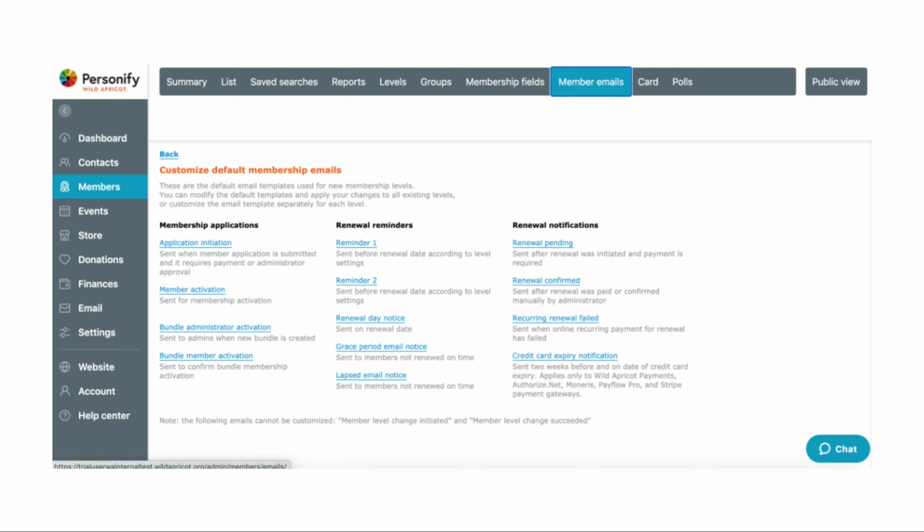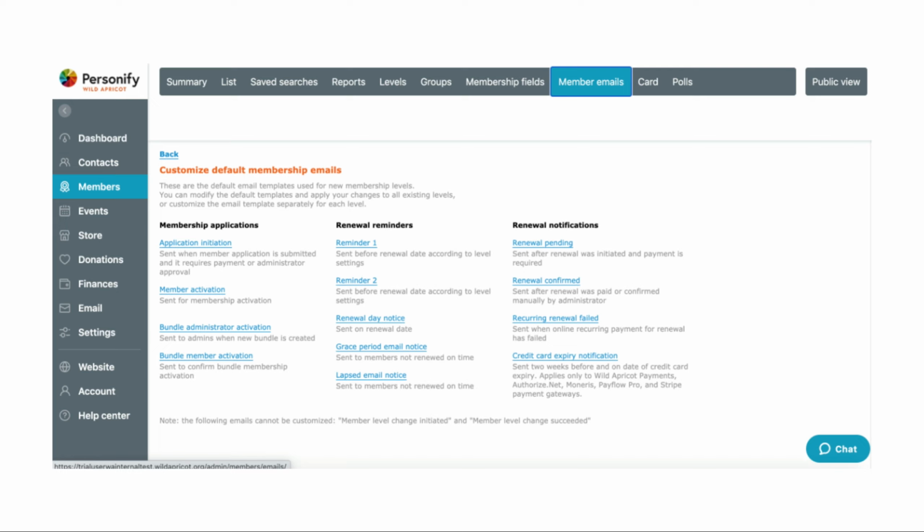We'll be heading into the Wild Apricot program in just a moment, but I wanted to give you an idea of what we'll be looking at. This is one of the screens that will give you all of the default emails that are enabled and available for a membership. And you can find this on your own account by heading to Members and then Member Emails. From here, you can set all of these individual emails that you see with a blue underline. These are the custom templates that you can set with those macros for personalization that would be sent for any